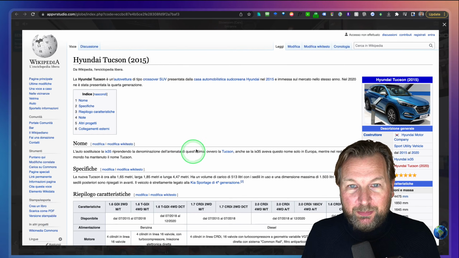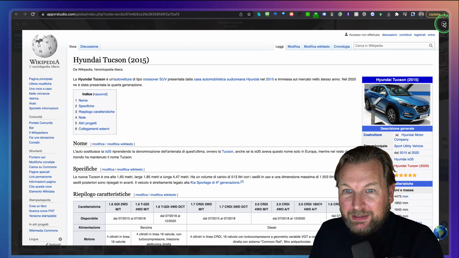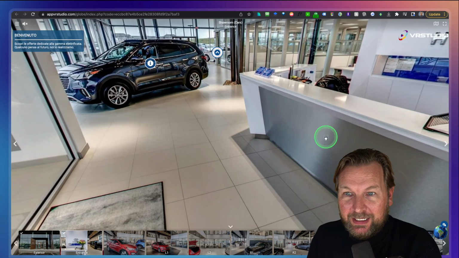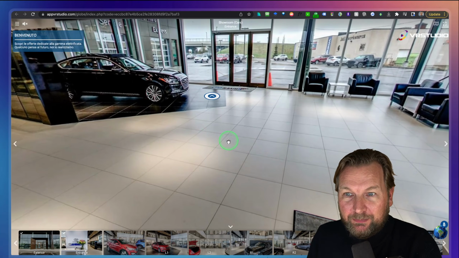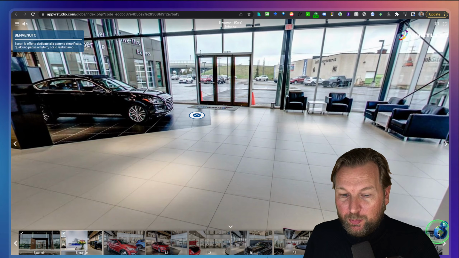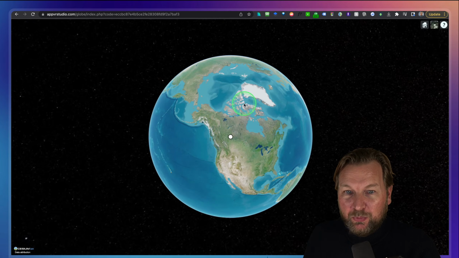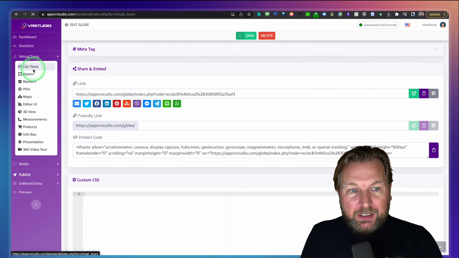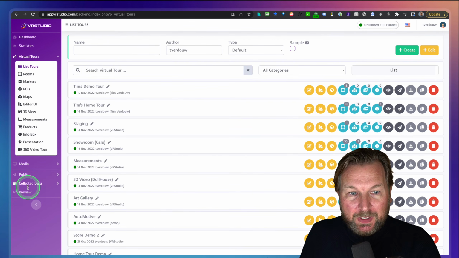I already showed you that with my own. Oh, this is a Wikipedia link. And I didn't even show you all the elements that you can add inside of your tours. But this is super cool. And you can click on this globe here at the right bottom, and that will bring you back to the globe. Now, one last thing that I'm going to show you is inside of a tour,